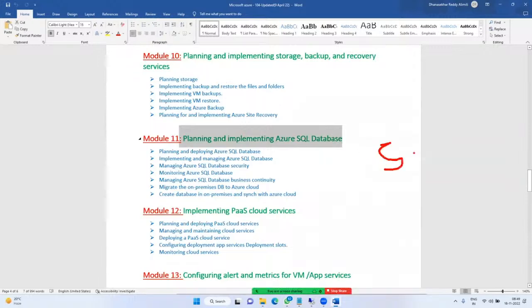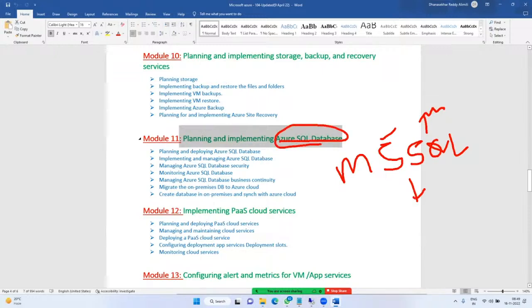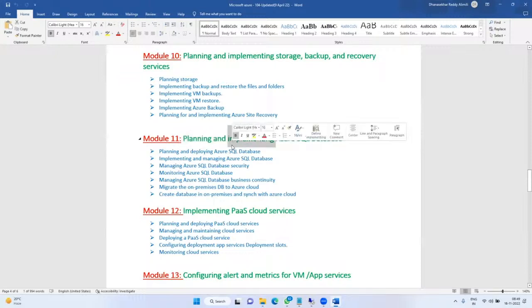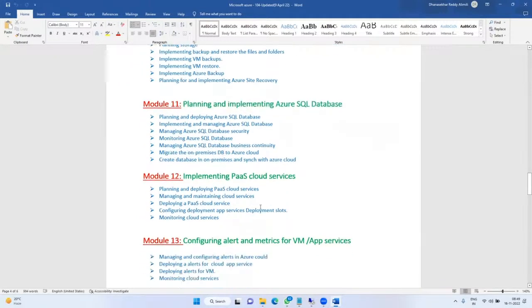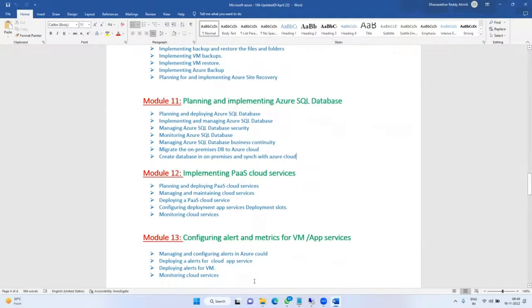You know Microsoft SQL Server, normally that is on-premises. In Azure we call it Microsoft Azure SQL Server. How we can use Azure SQL Server, we'll see in module 11. Module 12, other PaaS services.